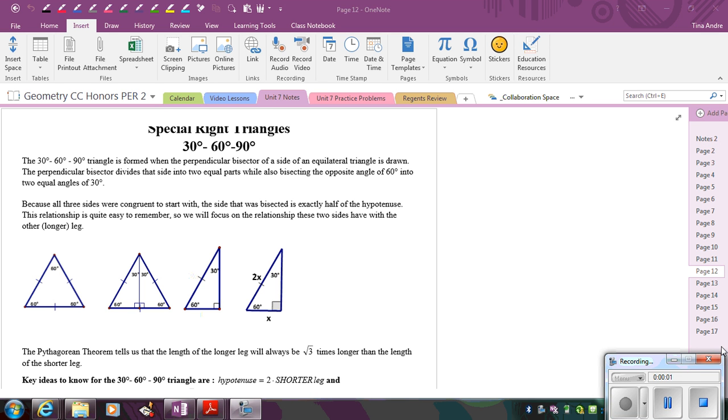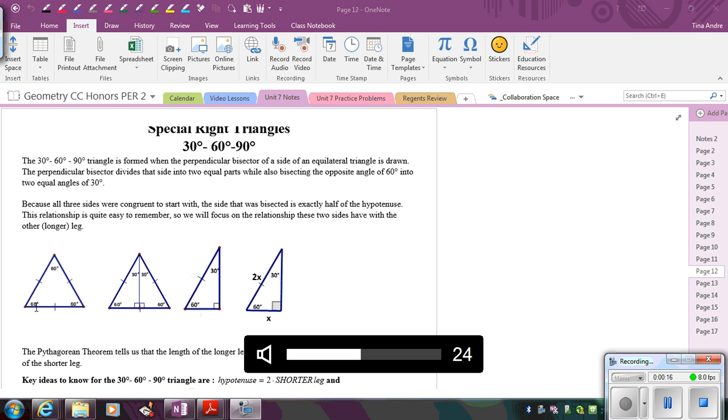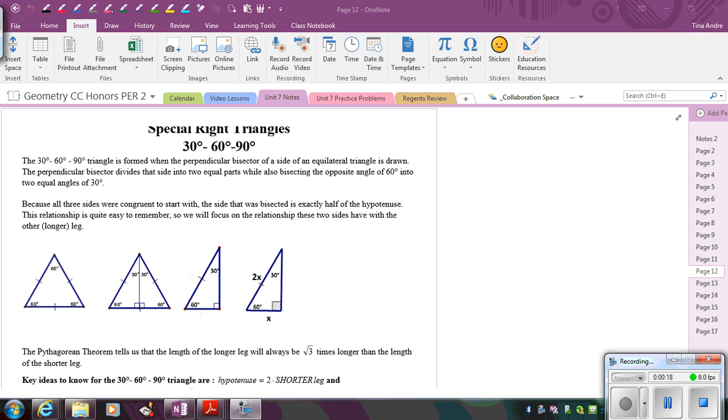In this video, we're going to learn about one more type of special right triangle, and that's a 30, 60, 90 right triangle. So where the 30, 60, 90 right triangle comes from is if you start with an equilateral triangle, where all three sides are equal and all three angles are equal, meaning each of the three angles has to be 60. And if you draw in the altitude, the perpendicular bisector, the median, or the angle bisector, so